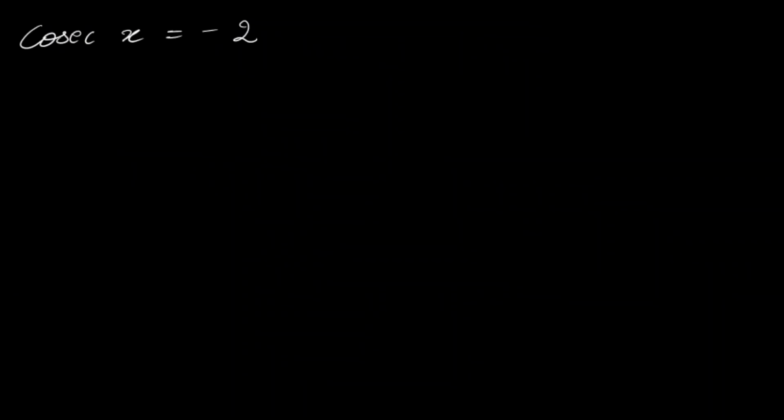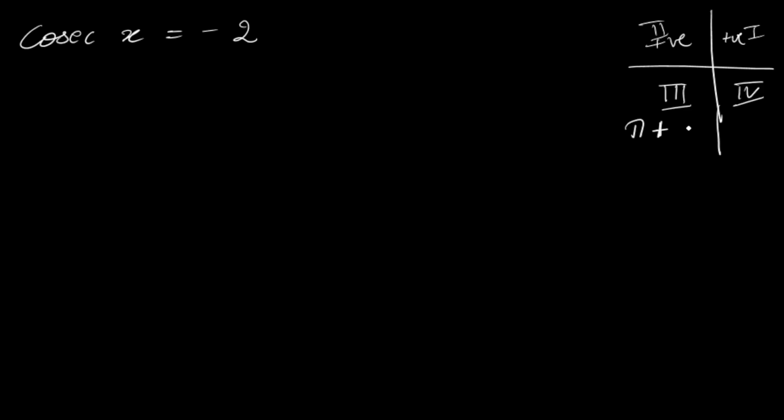Again the value given to us is negative, and you should know cosecant and sine are reciprocals, so their general formula is the same. First of all, we'll find the principal solution. Cosecant is negative because the value given to us is negative, right? Negative values we have in the third quadrant and fourth quadrant, because in the first and second quadrants cosecant is positive, but we don't have to consider positive values. Once again I'll tell you, in the third quadrant we express the angle as pi plus theta, and in the fourth quadrant as 2 pi minus theta. These things are very, very important for this chapter.